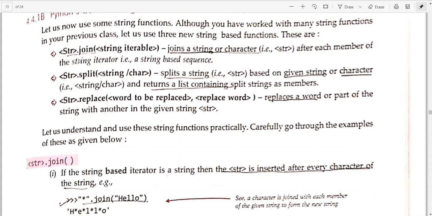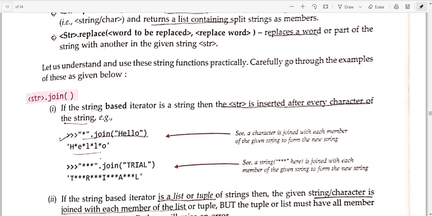See, we will be studying these three functions: join function, split function, and replace function. What are these three functions? Join function, split function, and replace function. We will understand them better with the help of the given examples. So let us study them one by one.